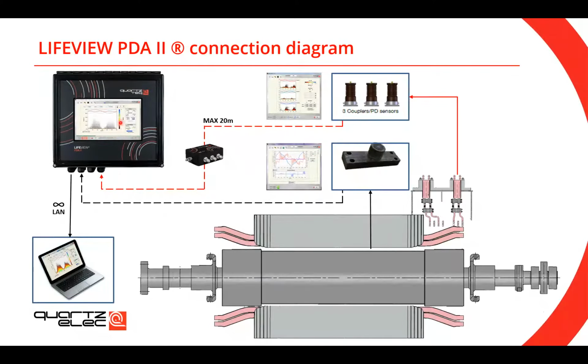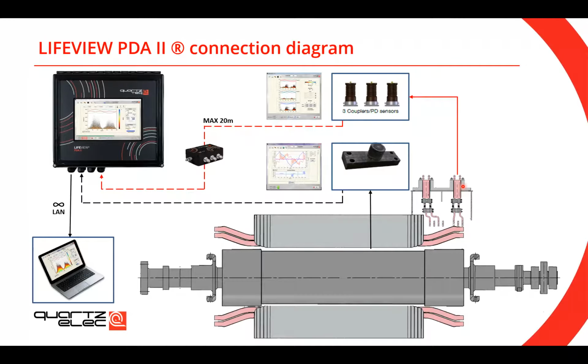you have BNC cable going to what we call LiveView PDA2. And this equipment will constantly monitor and measure partial discharge activities, giving you a graph and progress of the partial discharge. If you, however, want to have the same view anywhere in the world, you can either use LAN cable or Wi-Fi, although very unlikely that your IT will allow you to use Wi-Fi because of the safety reasons. But it's simple as that.